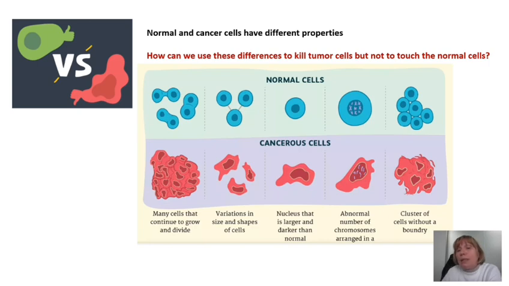A nucleus inside a tumor cell is usually larger compared with a normal cell, and it contains an abnormal number of chromosomes. But what is the most important thing is that some chemical reactions inside a tumor cell are different compared